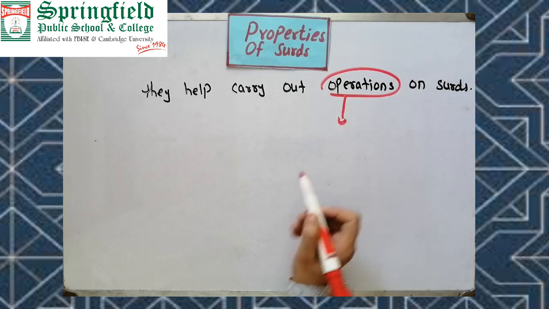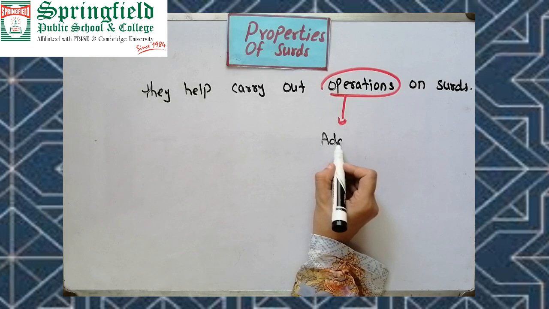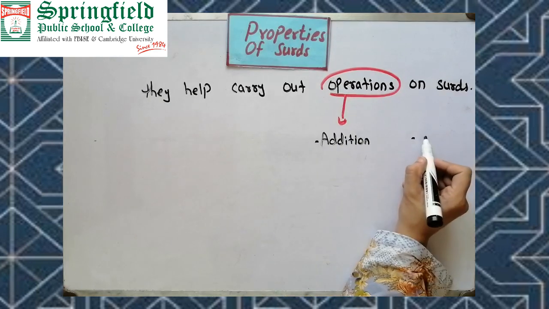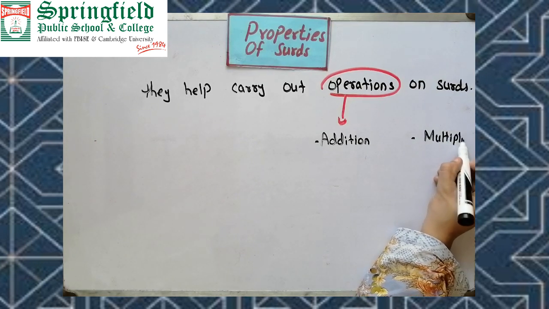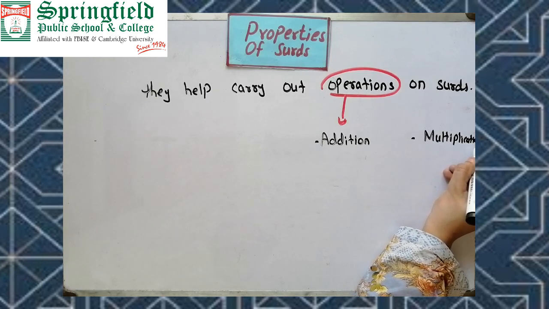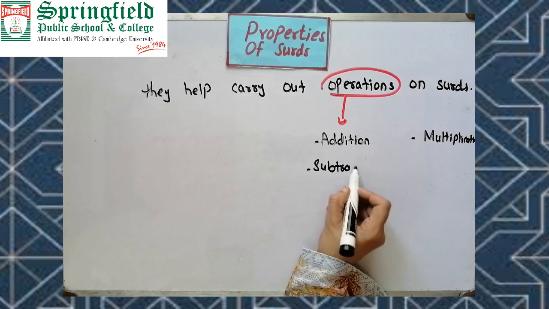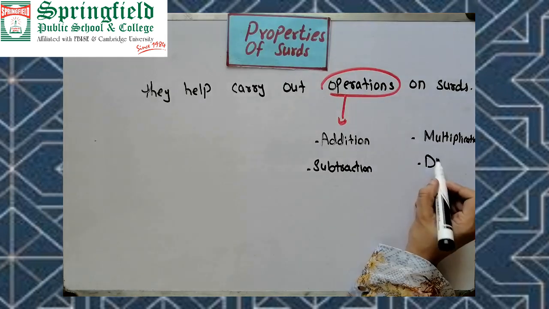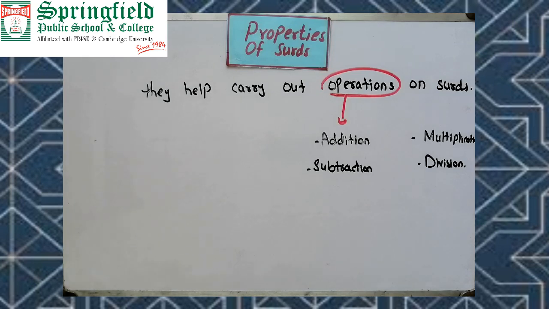Operation means we are talking about addition, multiplication, subtraction, and division. Fine? Now the first property is